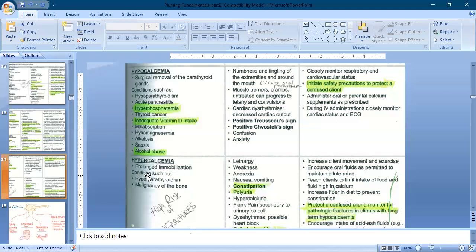So if your patient has bone cancer, malignancy of the bones, hyperparathyroidism, or prolonged immobilization, there is a chance of developing hypercalcemia. You know that calcium and magnesium are important for your bones and teeth for good mineralization, but too